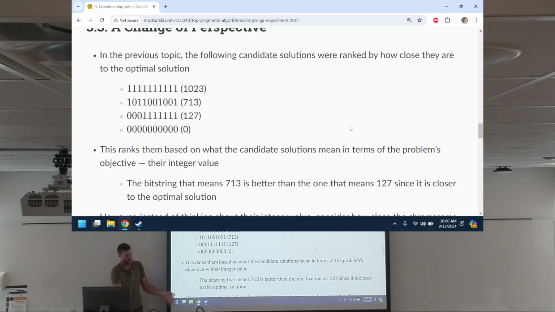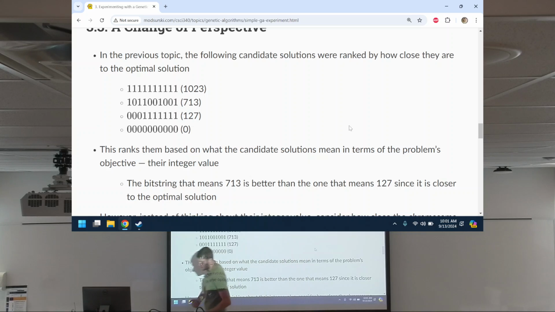Which one's better? Well, this is where it gets tricky. This is where we have to be aware of the context in which we're asking what's good.